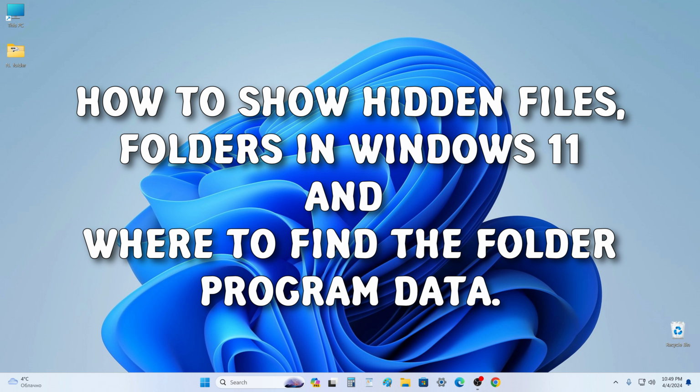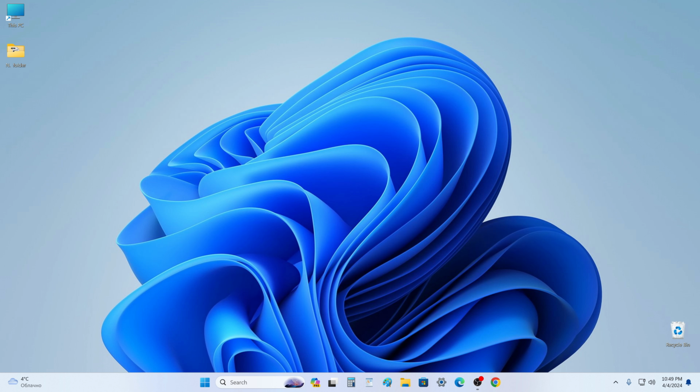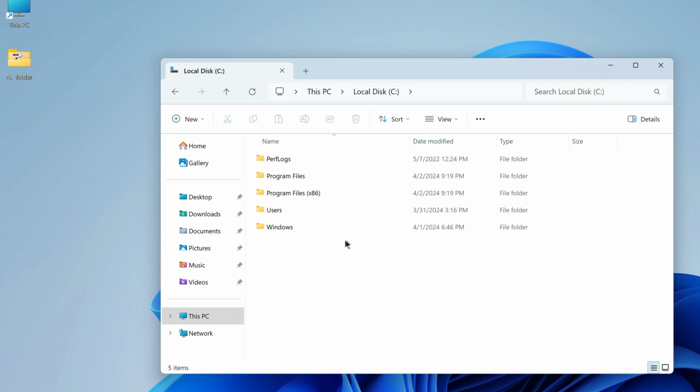Today there will be a fairly simple and short lesson on how to show hidden files and folders in Windows 11, and where to find the Program Data folder. Open File Explorer, then This PC, and double-click the C drive. The Program Data folder is located here, but to see it you need to enable the display of hidden folders